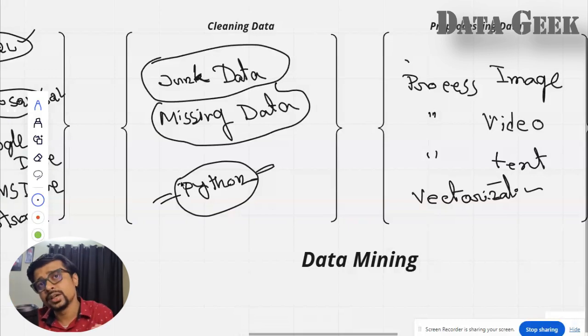Once my data is there, I need to mine it. That means from trillions of data, I need to get the clean data. So the first thing is to clean up the data. Using Python, we do the cleanup. There are many other ways, and you can do it using Excel also, but mostly we'll be doing Python. In my next videos, I'll be teaching you how to clean data with Python.